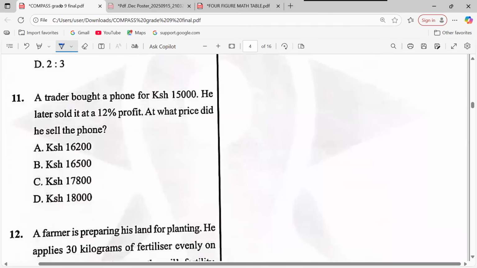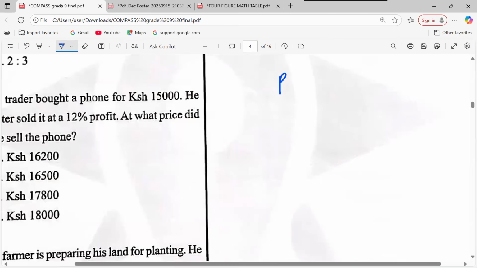It's number 11. There is a very good question. A trader bought a phone for 15,000 Kenya shillings. He later sold it at a 12% profit. At what price did he sell the phone? We are being told to find a selling price. It's good for you to understand that when we have the percentage profit, we can find the profit exactly that was earned. So profit shall be,